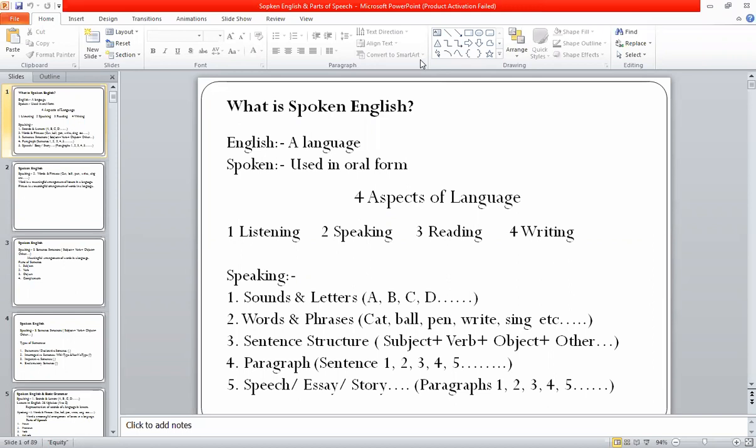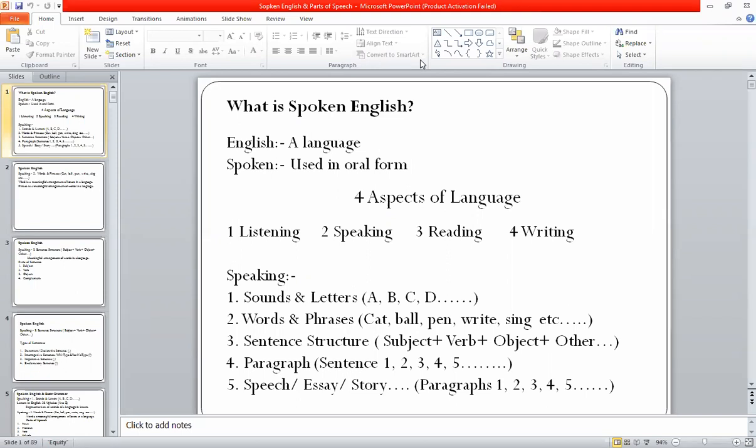So for learning this language effectively, we should listen to the person, or listen to the videos which are teaching us, which are giving some information about this language. So first comes listening, then we should try to start speaking this language. After that, we should try to read this language, and writing comes at the very last.